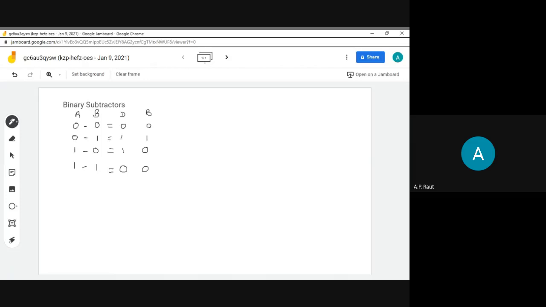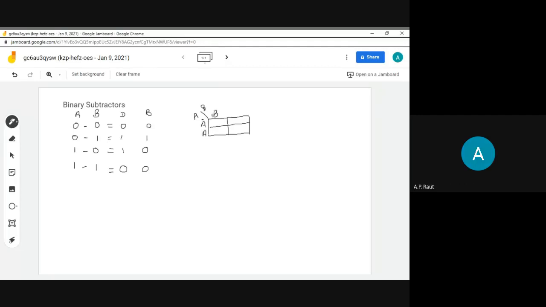And when we create a K-map for the half subtractor, how many variables are there here? 2 variables. When there are 2 variables, the total number of cells is 4. Okay, so write the A here and then write the B here, and it is A bar and A, and next is B bar and B.